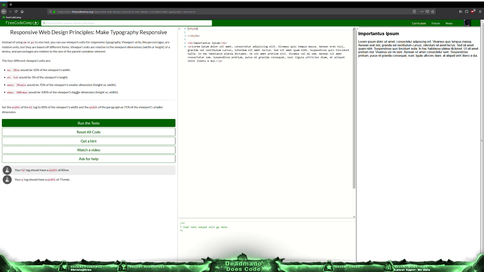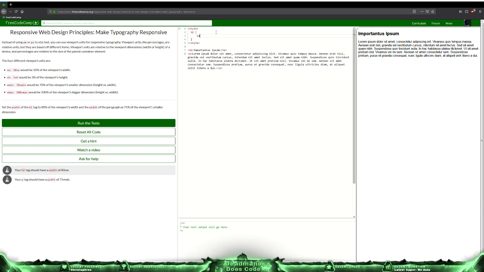or whatever. Set the width of the H2 tag to 80% of the viewport's width, and the width of the paragraphs as 75% of the viewport's smaller dimension. Okay. So viewport's width to 80%. And width of the paragraph, so P,